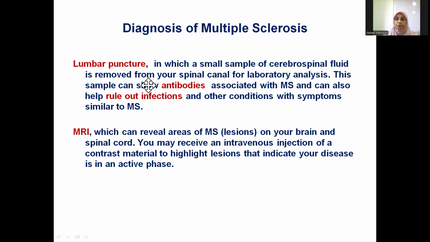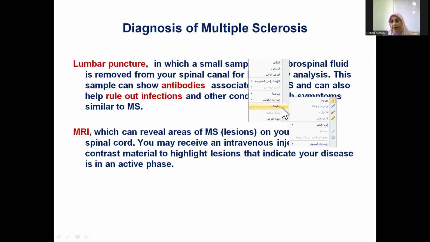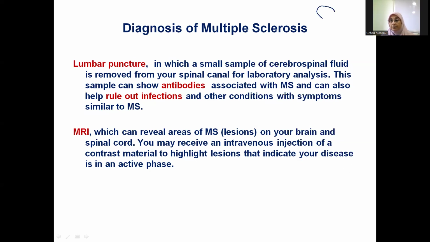Of course, as you know, multiple sclerosis affects mainly the central nervous system. And you also know that the central nervous system, including the brain and the spinal cord, are surrounded by a fluid. That fluid is mainly protective to the brain and to the spinal cord. And as we said before, that fluid is present in the spaces of the arachnoid